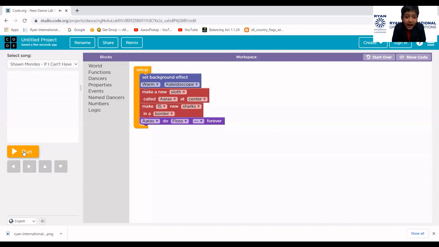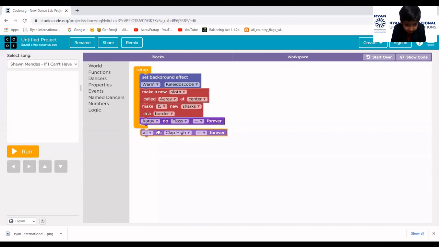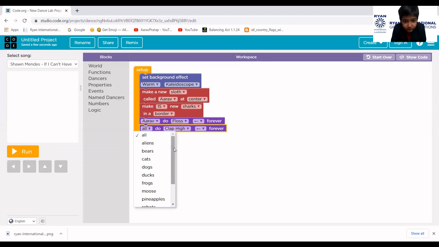See, the sloth dances. But what about the sharks in our border? For that dance, you have to go to dancers. And you will see all do clap high forever. Just drag that, place it here. And instead of all, you have to put it here sharks. If you want all to do, even the sloth, you can do all.